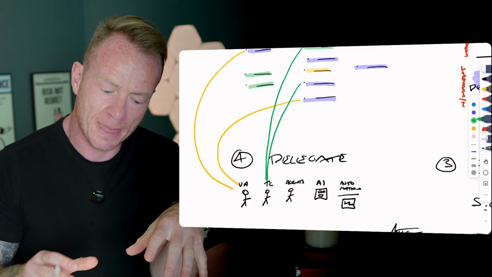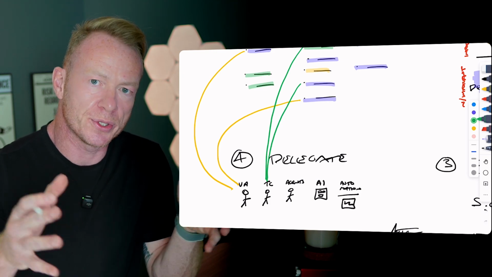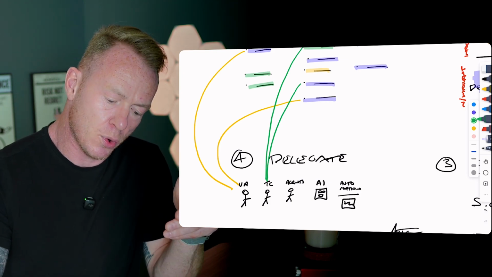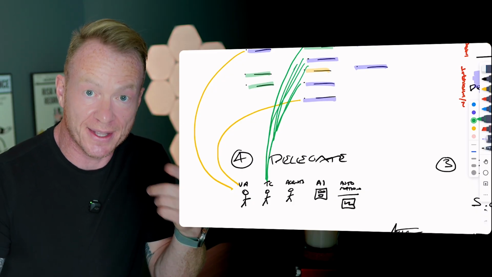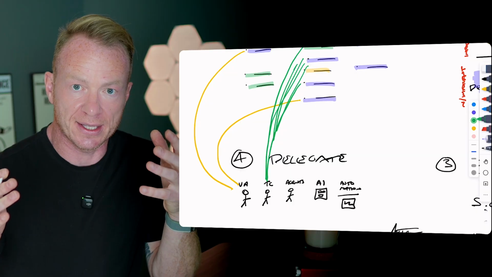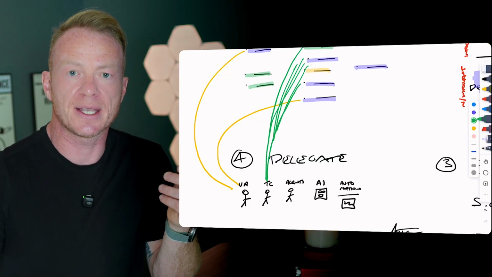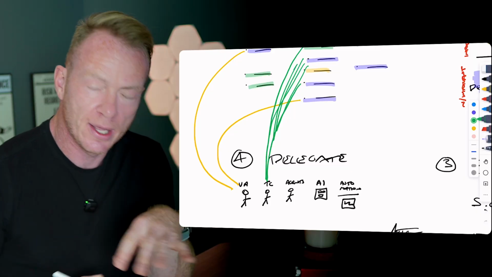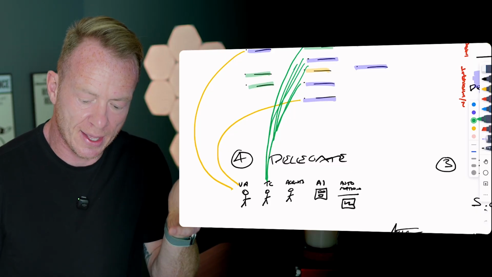You can see where I'm going here, but we have to start to figure out not just that we want to delegate something, but who it's going to go to, because the more arrows that you draw to one particular person, you know that that's the next person you have to bring into your team. You know that, okay, I've got so many things that I need a TC for, go and hire that TC. If it's, I've got so many things that I need a marketing manager for, hire a VA to take on that for you. If it's something that you need a social media manager for, again, hire that in.